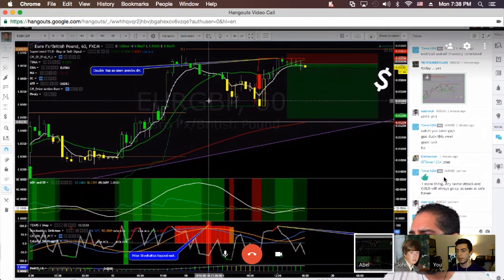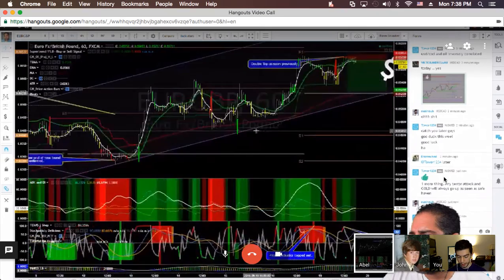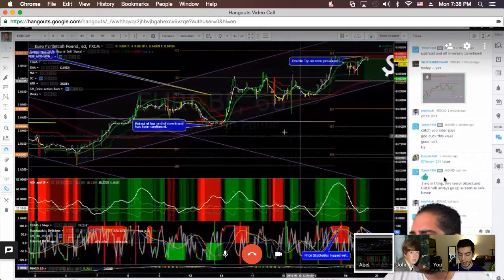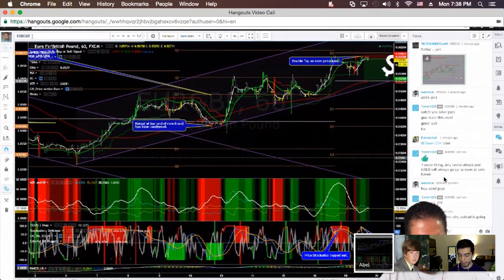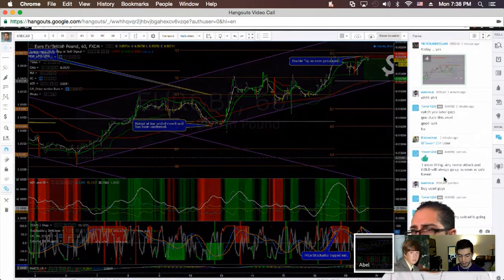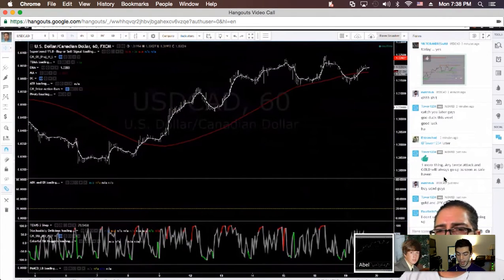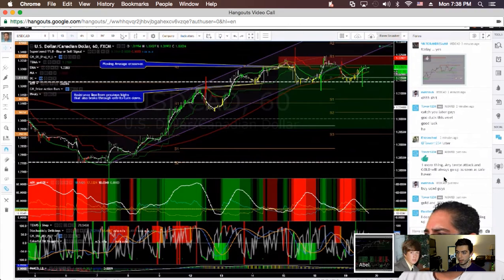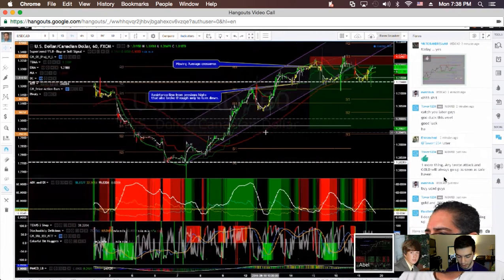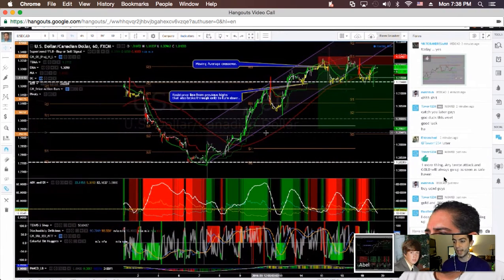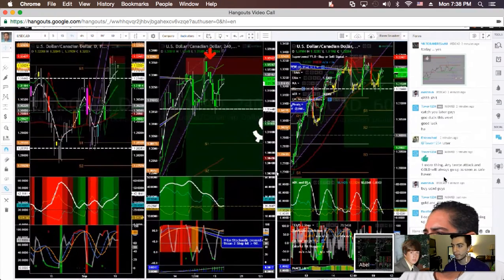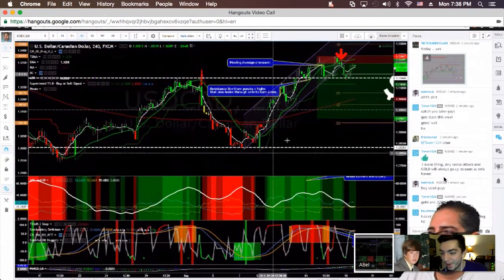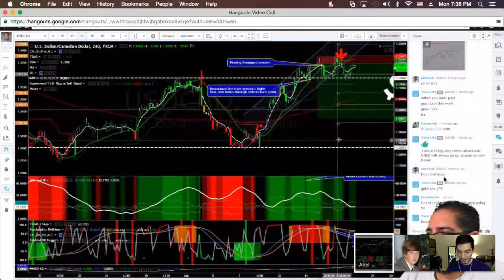Very cool. Right now I'm trading inside of USD CAD, and I'm finally making a little bit of profit. I had a 10-cent lot. I'm going to go long just because I don't know exactly how to read the market very well, so I'm going to wait it out and see.